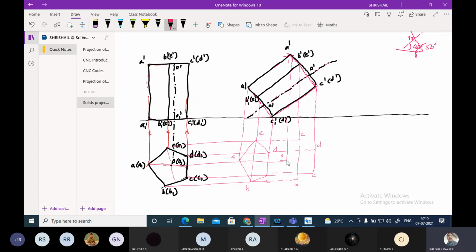So you can see this A to B, B to C, C to D, D to E, E to A. I have joined. Okay, I have joined this.